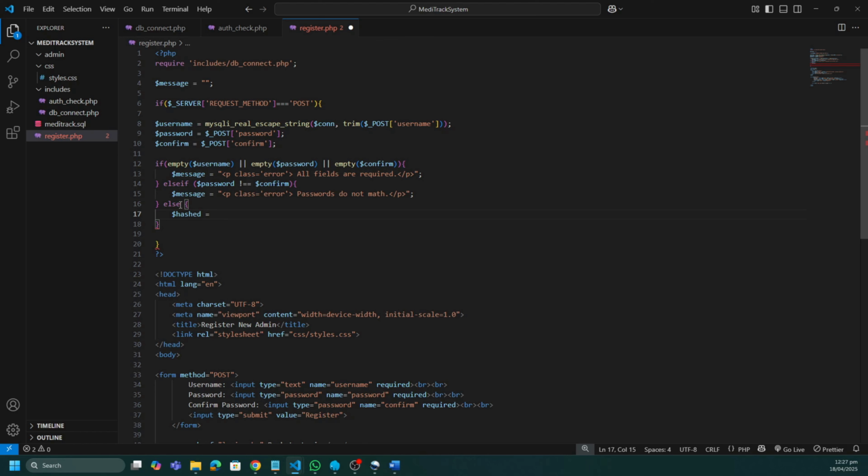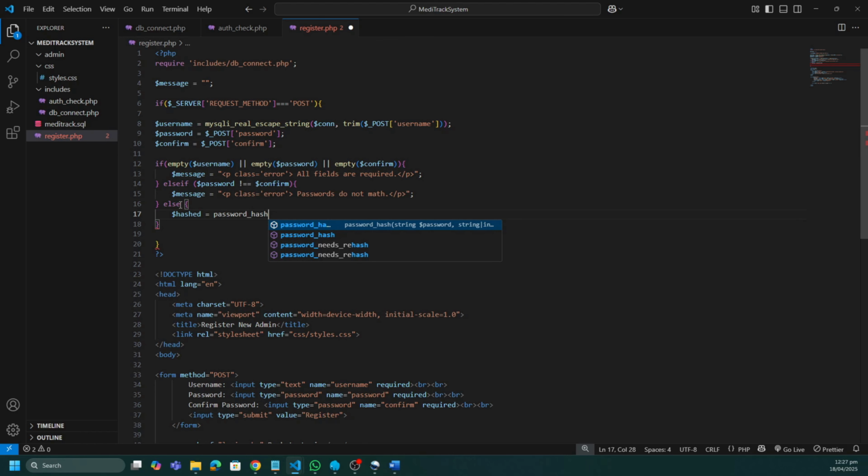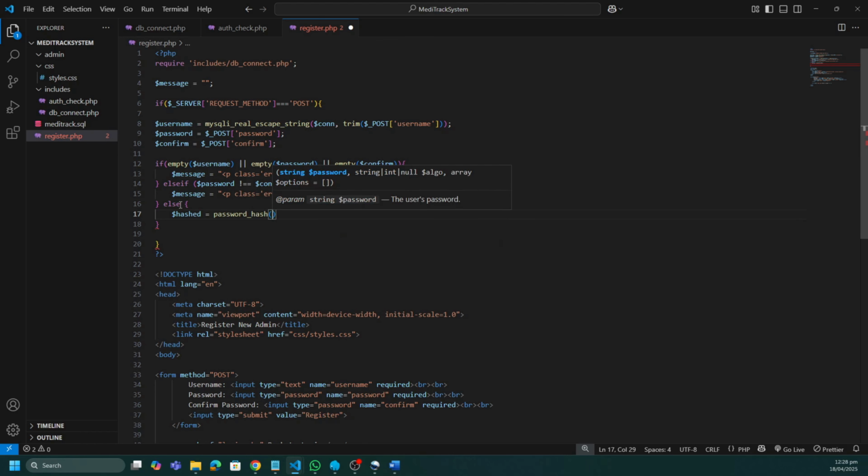And in order to hash my password, I'm going to use a PHP function called password_hash, which takes in two values. First of all, password_hash is going to take our user's password and turn it into a scrambled or encrypted string that's very hard to reverse. So one of the first values that goes in is the user's password,